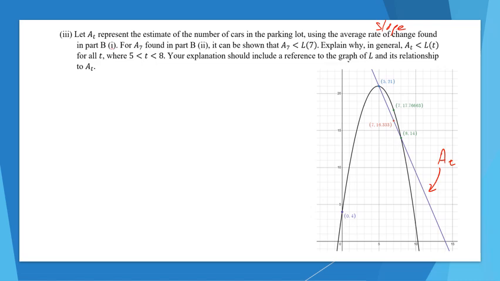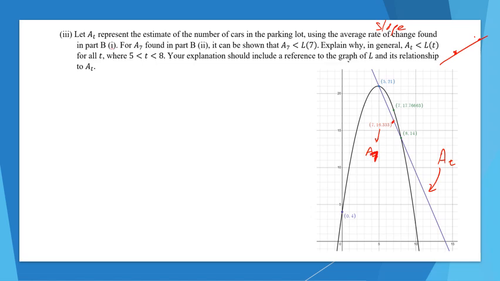So the average rate of change found in part BI, or A of t, is another word for that secant line that runs through both points at 5 and at 8. Remember, a secant line is just a line that runs through 2 points. So that is simply what a secant line is. For A of 7 found in part BI, it can be shown that A of 7, which is right here,